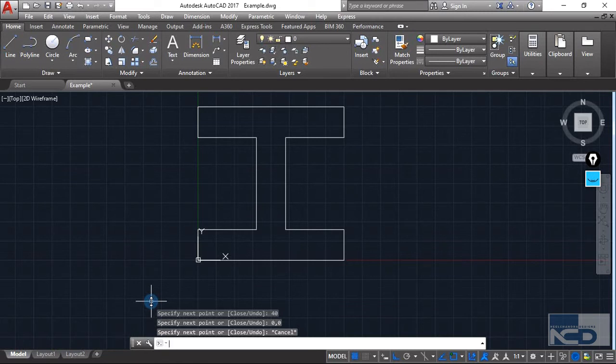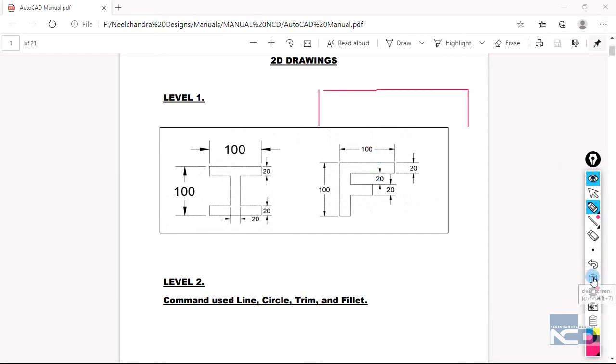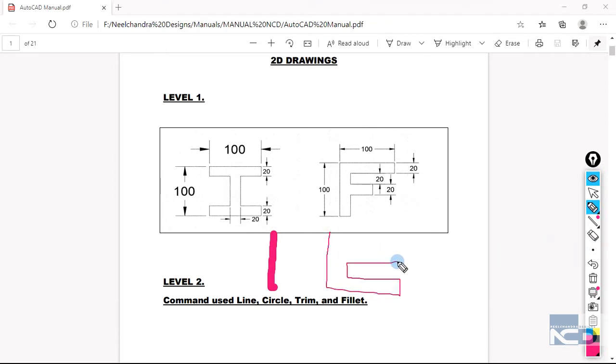So now it's time for your task. Your task is to create this F section as well. It will have the same dimensions: all thickness values will be 20, and the height and width will be 100. And if you have created this section, then you can move on to more advanced sections, like the E section. Okay, this is a very thick one. So just the E section, like this. You can have the same values, the thickness to be 20 and the height and width both 100.